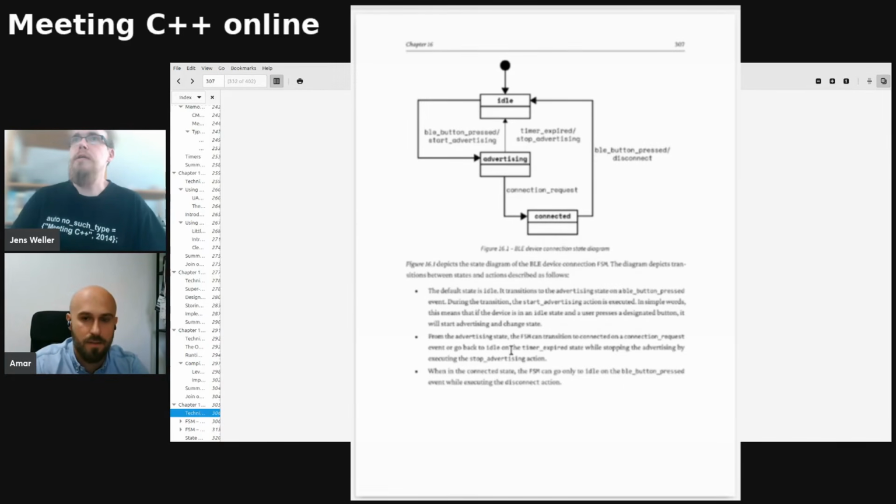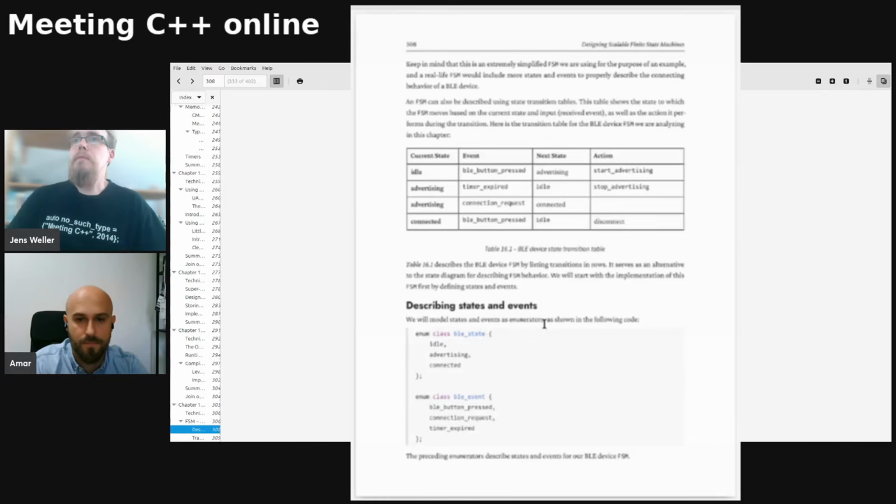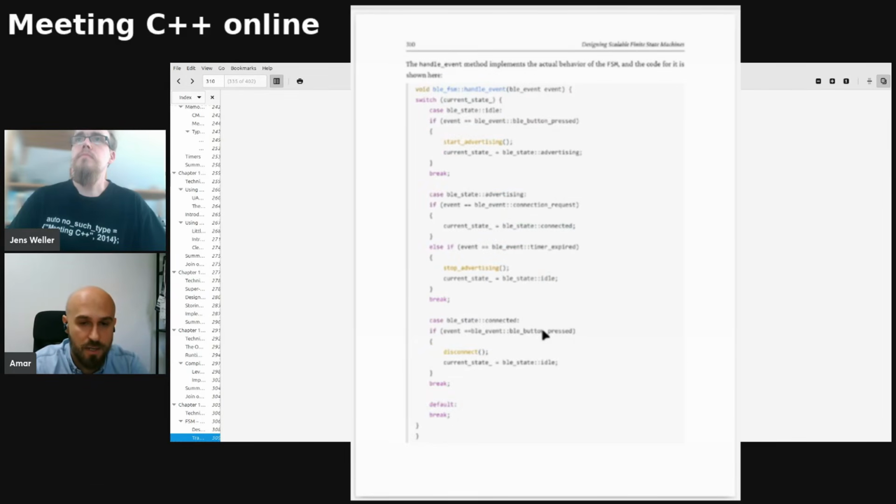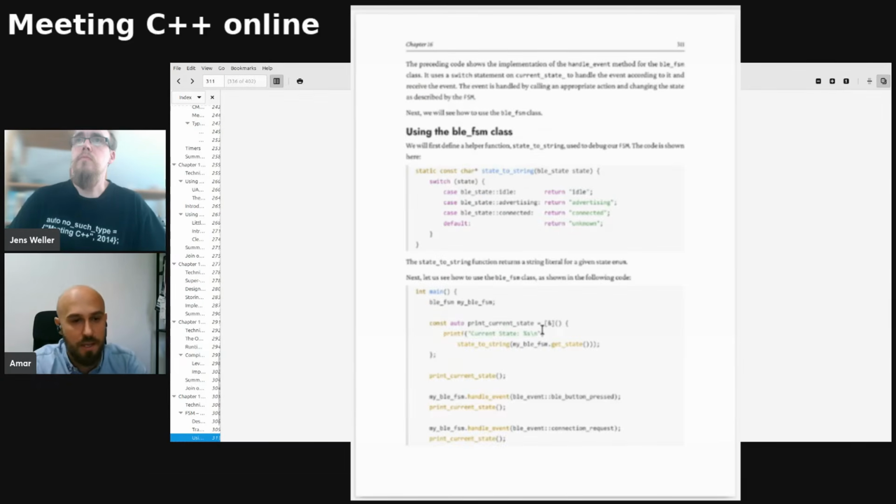Here we have another UML diagram. They are really used often in different places, from controlling an elevator to controlling the state of a BLE controller. And here we're using the example of a BLE controller, which can be in a couple of different states. It can be advertising, it can be connected, it can be in idle state. But the example is really simplified, and it guides you just through a couple of different implementations of an FSM